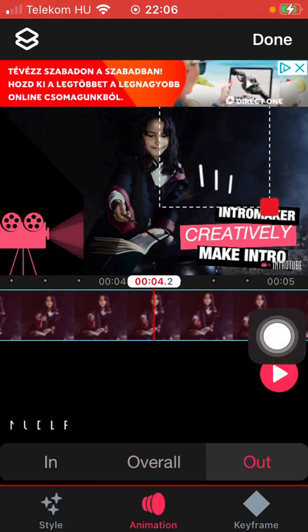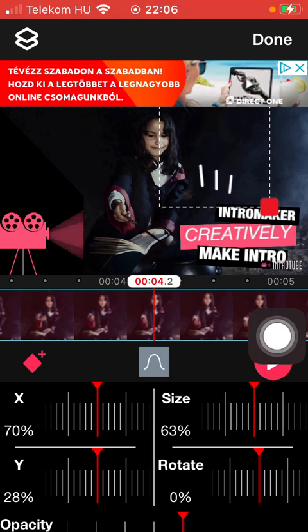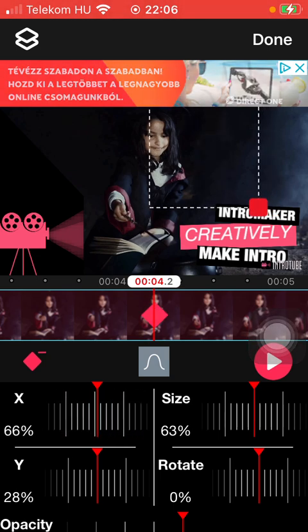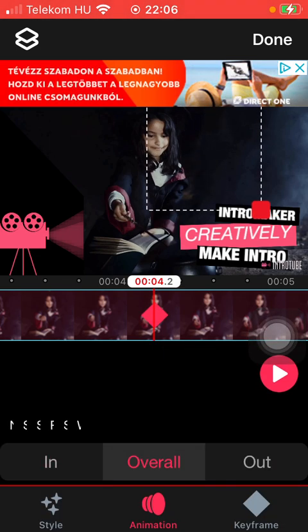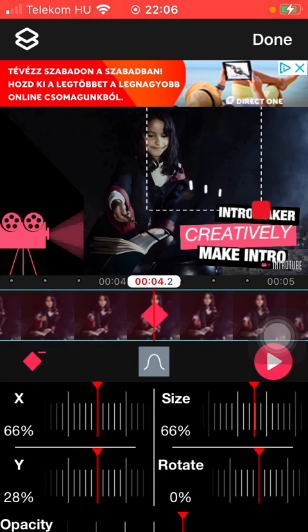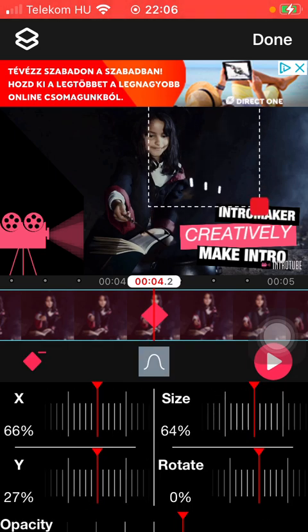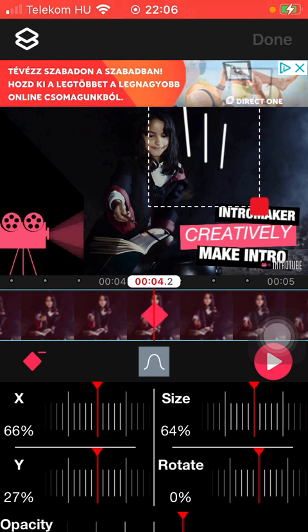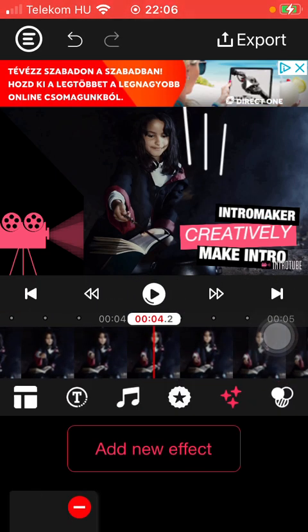Here you can find these options and also the keyframe. In the keyframe section you can customize it, rotate it, and select its size, opacity, and so on. So click on the done button if you are done with editing it, and see you in the next video,